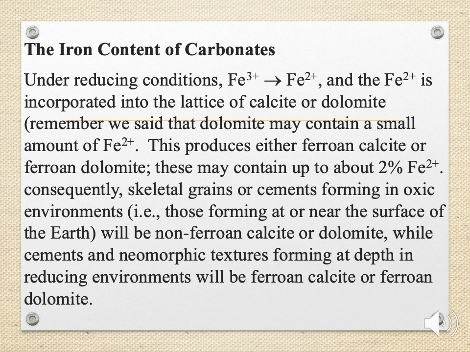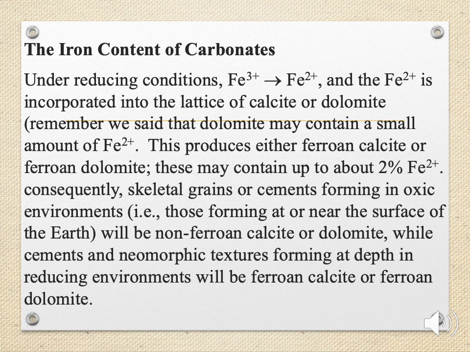Now, under reducing conditions, iron, in a variety of them, the 3 plus or ferric, can turn to Fe2 plus, and Fe2 plus is going to be similar to magnesium 2 plus or calcium 2 plus, and so it can be incorporated in the lattice of calcite or dolomite. Now, these produce ferro calcite or ferro dolomite, meaning that they contain iron, and these may contain up to about